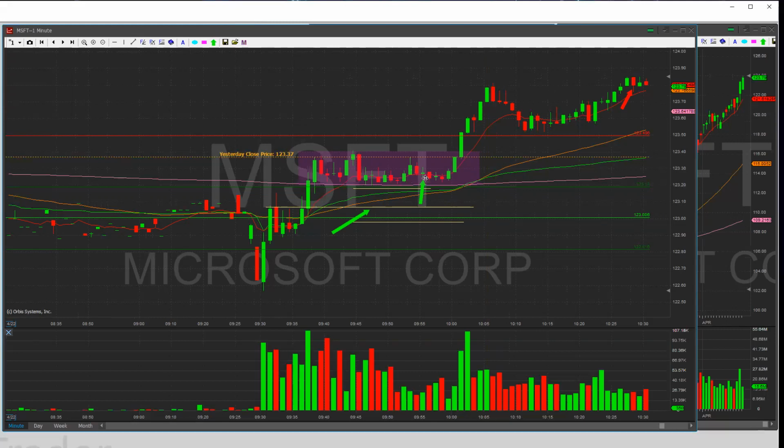So basically when it came down, I just took it as close to this stop out area as possible, having a plan to take off some. If this breaks, I would take off some around here, and then if this breaks, I would let it test this 123, and if that breaks, I would take it all off, right? So that's the plan. I got long here, and as the stock came up to the 123.50s,